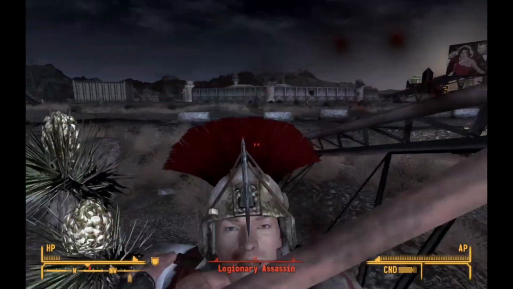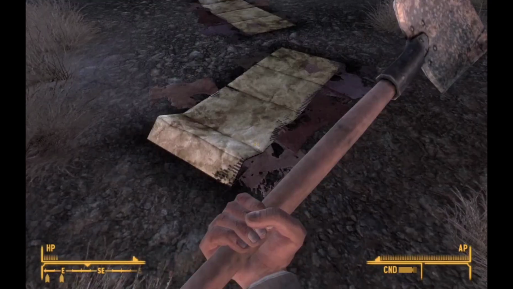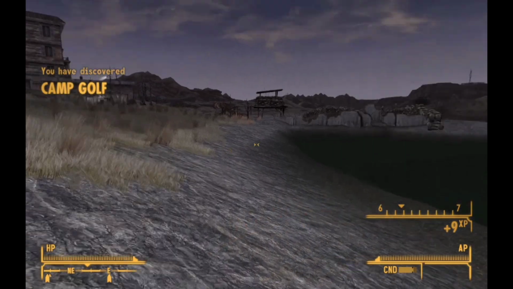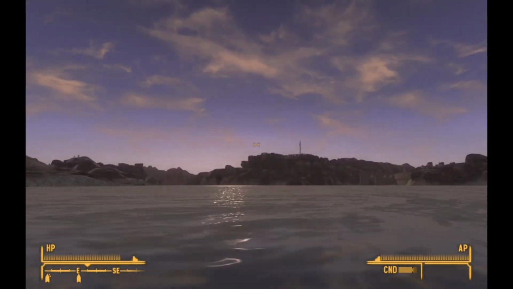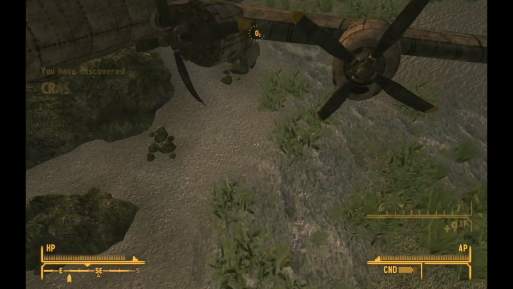This fight takes its sweet time. There's a lot of armor to whittle down, but I eventually get there after seeing they'd murdered all the people, so I just take another quick nap. I quickly mark Camp Golf on the map as I'll need it for later. Take a nice relaxing swim as the sun sets, which was actually quite a beautiful sight in New Vegas,